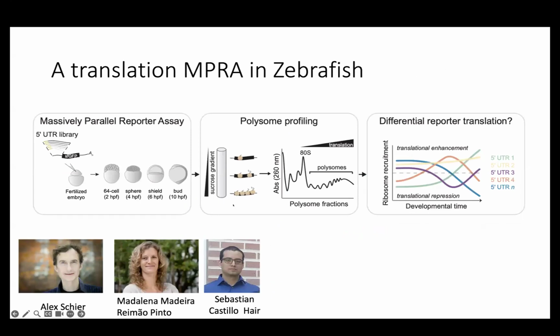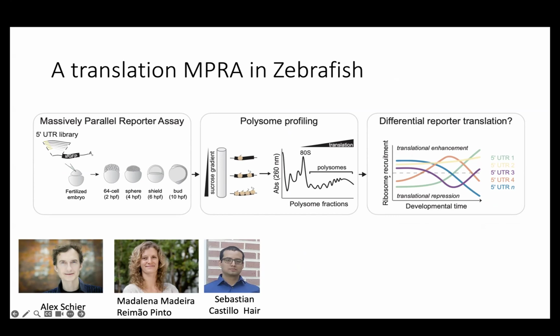The counterexample, to some extent but not entirely, comes from this paper that we're just about to publish with Alex Shear's lab and Madalena Madeira Raimao Pinto, who's the first author of this work, where we did a massively parallel reporter assay. Again, a large library of 5' UTRs in front of a reporter gene, injected in a zebrafish embryo. And then we let the embryo develop for a while, divide and grow, start differentiating, and collect the ribosome-loaded mRNAs at different time points